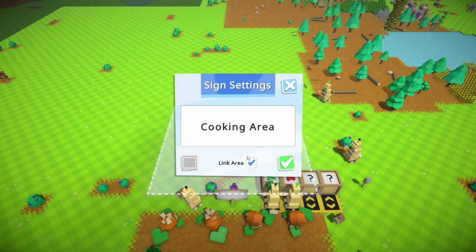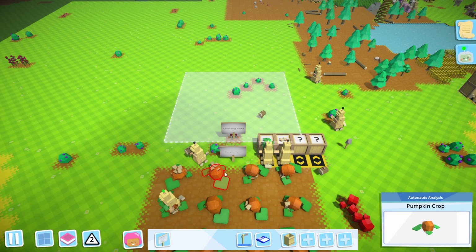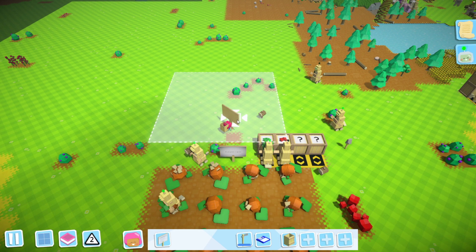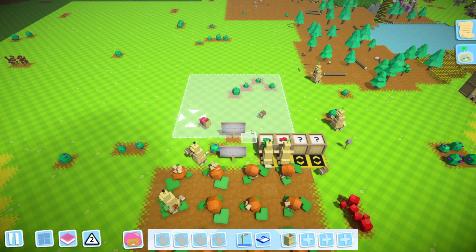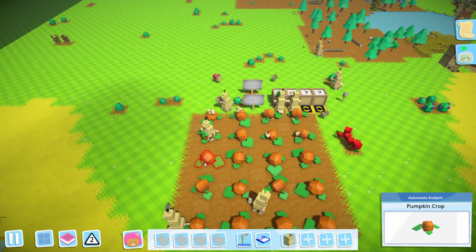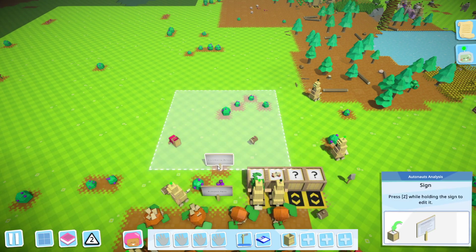But up 1. So that will be our cooking area. Oh, and look, it's linked. Place you down. So now our cooking area is marked, and we'll just dig up these and see if we can't somehow